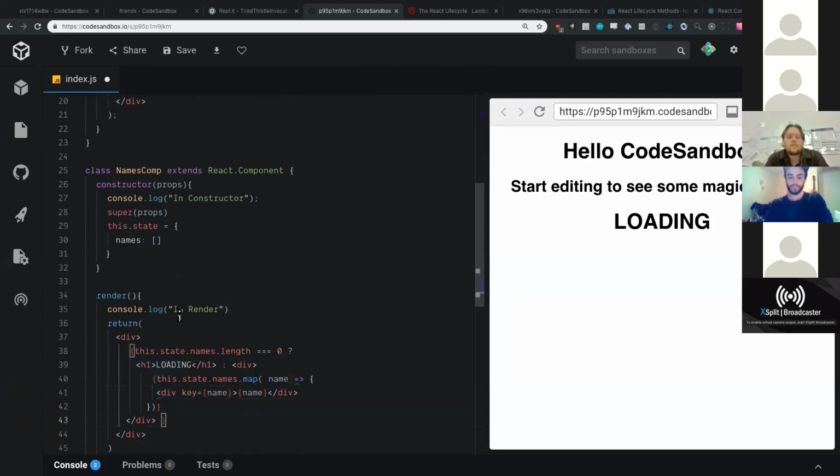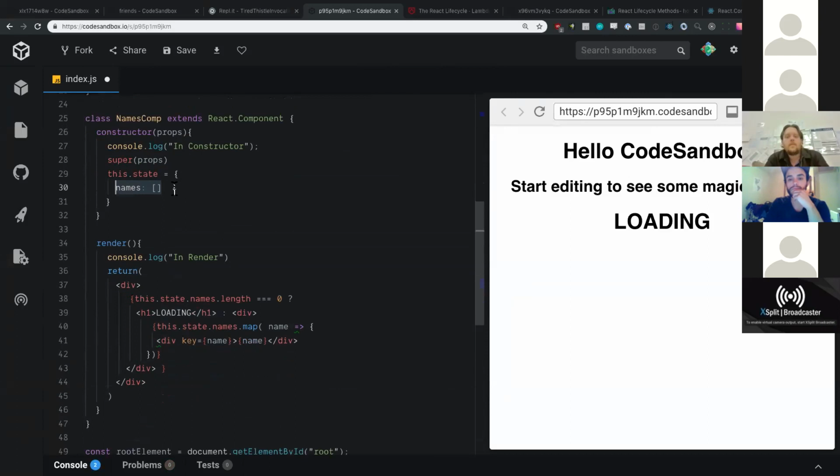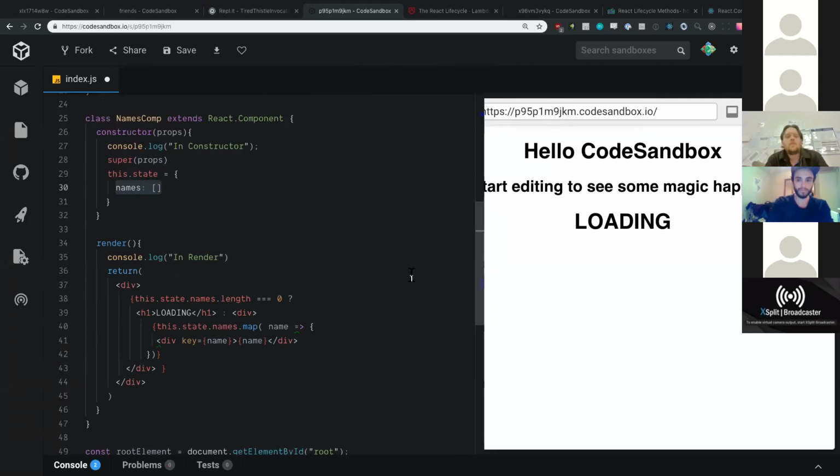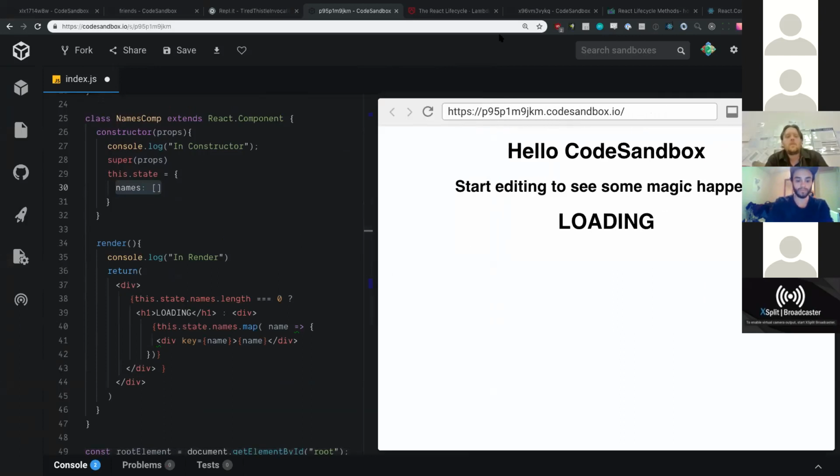Okay, so we started off with this loading phase, right? We're in loading right now. Names is empty. We do not have anything in there. So what we want to do is after this is set, we want to go and get some data and bring it back and put it into our setState. Okay, so this is a very, very common way to build applications. Before we do that with componentDidMount, I kind of want to talk about what we're doing with this, right? componentDidMount